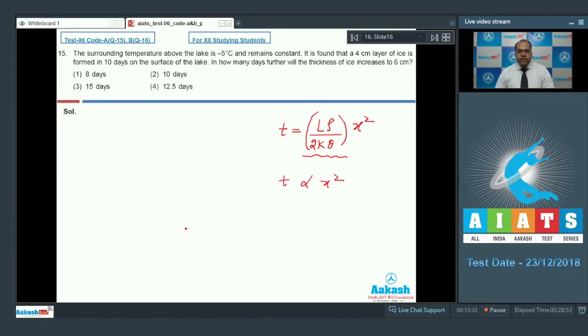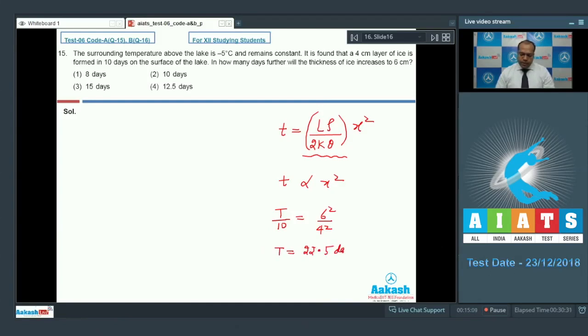So in the first case, it is found that a 4 centimeter layer of ice is formed in 10 days. When the thickness of the ice is 6 centimeter, the total time taken is t. So I can say that t by 10 is equal to 6 square divided by 4 square. So on solving, the value of t comes out to be